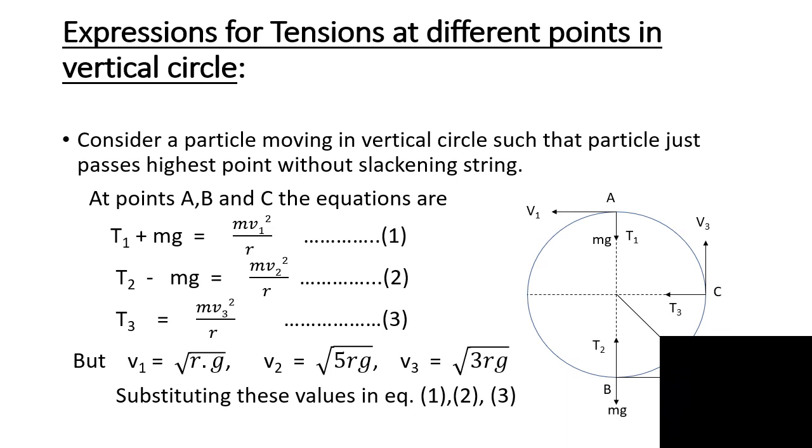So these are the equations of tensions at 3 points A, B and C. We have already determined the velocities v1, v2 and v3 at the 3 points. v1 is given by square root of rg, v2 is given by square root of 5 rg, and v3 is given by square root of 3 rg. Substituting these values in equations 1, 2 and 3, we get